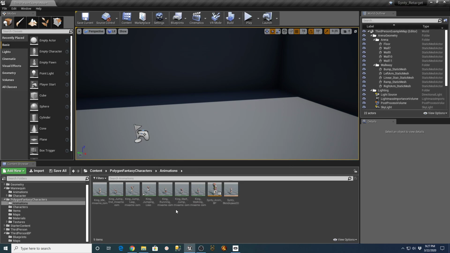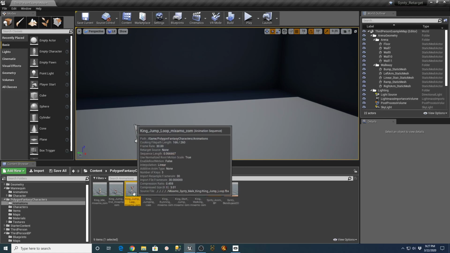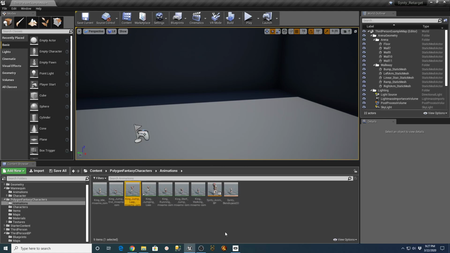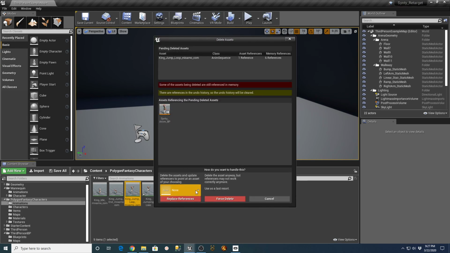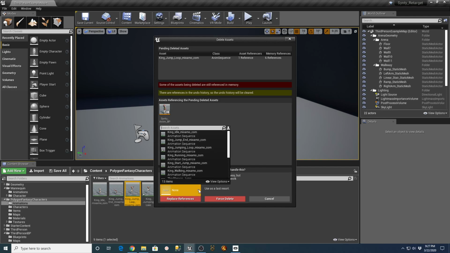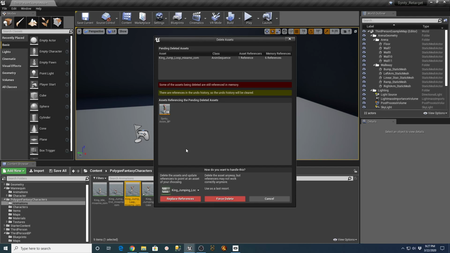And then I think if I go and delete this king jump loop, I can replace the reference to king jumping loop.